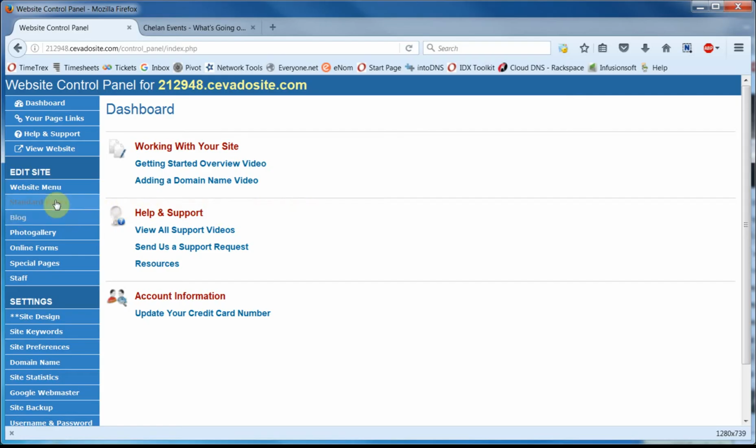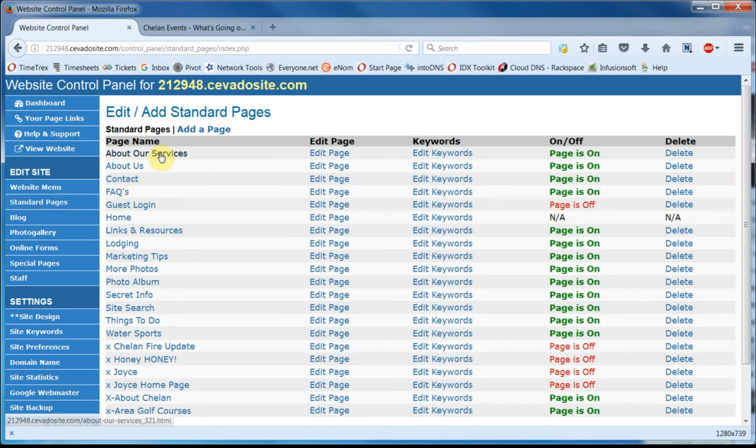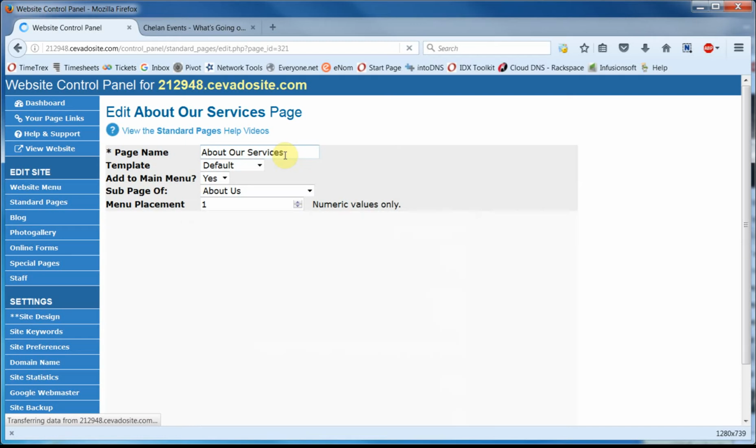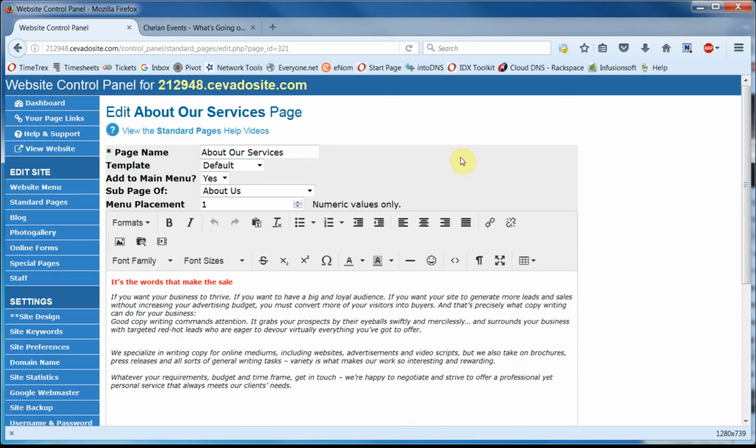and click on Standard Pages. We'll locate our About Our Services page and then click on Edit Page. We used this page to go over some basic text formatting in another video, so let's start by removing the